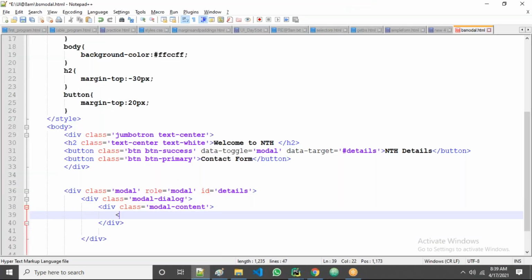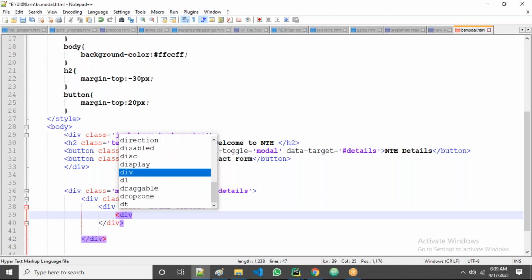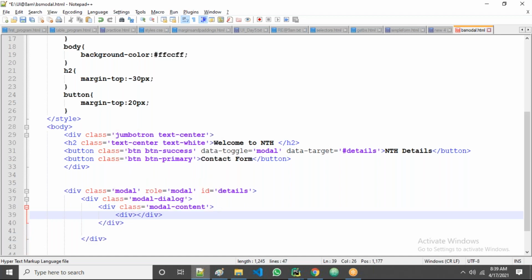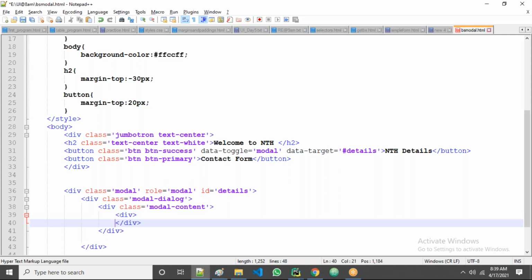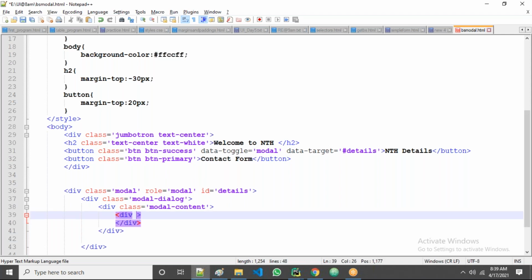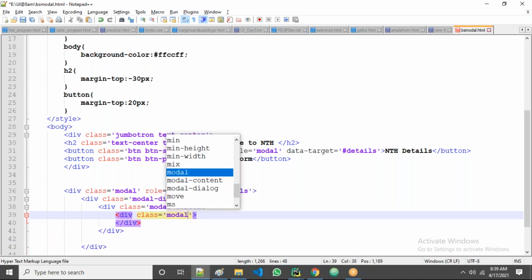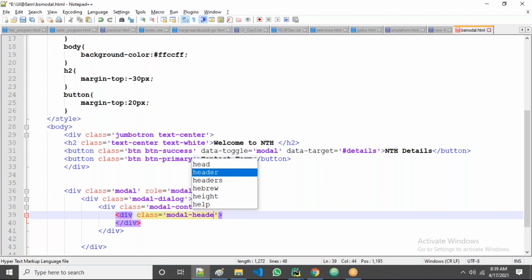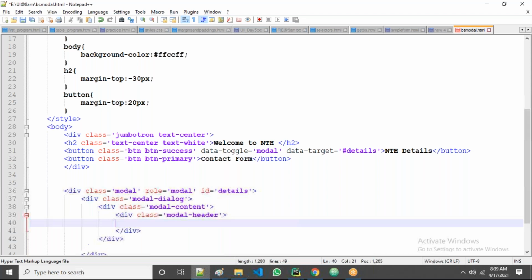Now I am taking first of all the head part. Class modal-header, guys. Observe, I'm taking the header.